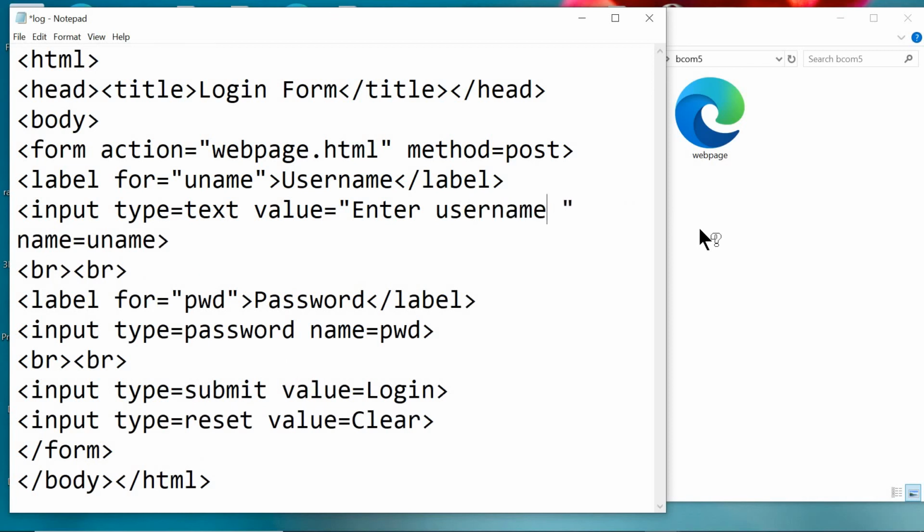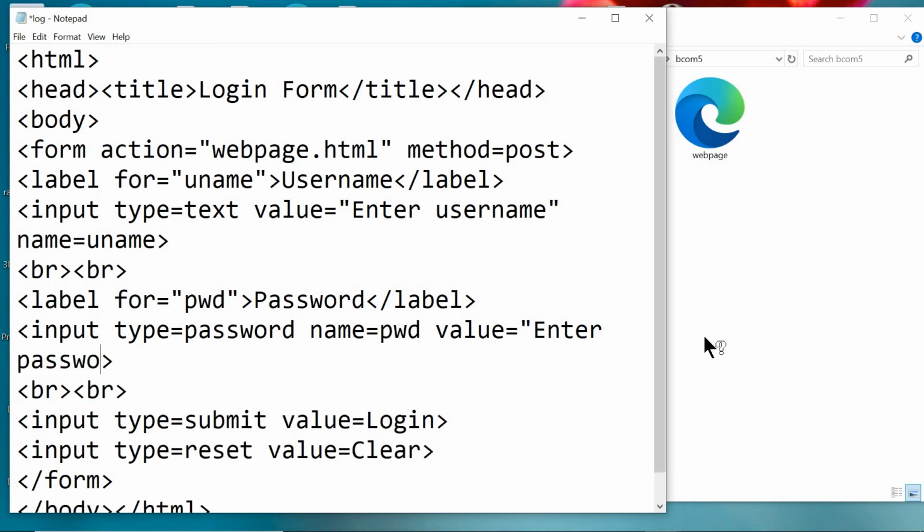And here we will be using even for the password also, value is equals to, in double quotes, with or without double quotes we can just provide here, enter password, double quotes.